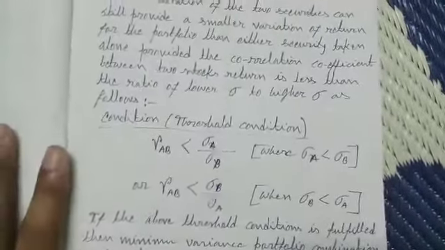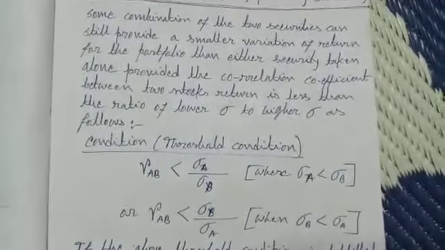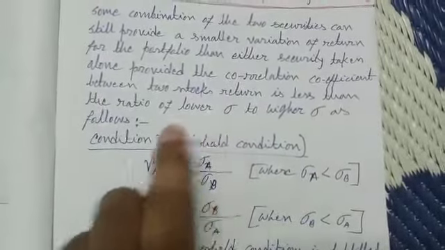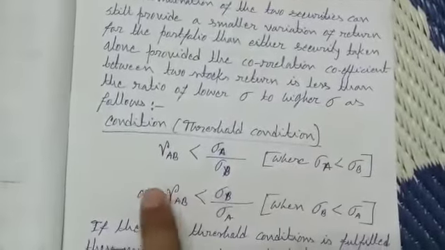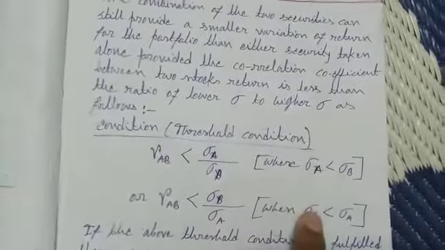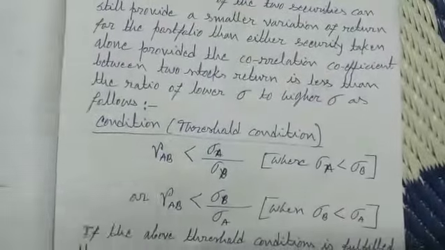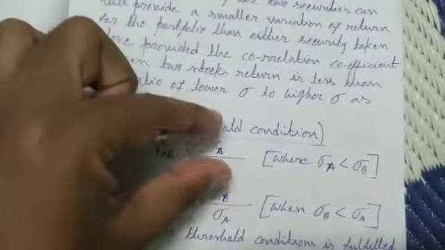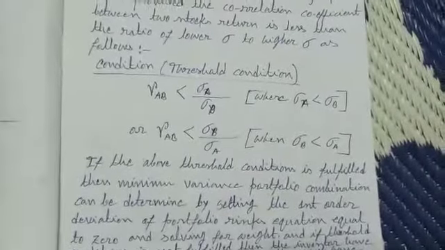That means here we have to test the threshold condition. If RAB is less than lower sigma by higher sigma, that means if RAB is less than sigma A by sigma B, where sigma A is less than sigma B, or RAB is less than sigma B by sigma A, where sigma B is less than sigma A, that means on the right hand side there will be lower sigma by higher sigma. After calculating this proportion, it is to be compared with RAB. If RAB is less than this proportion, then the threshold condition is satisfied,